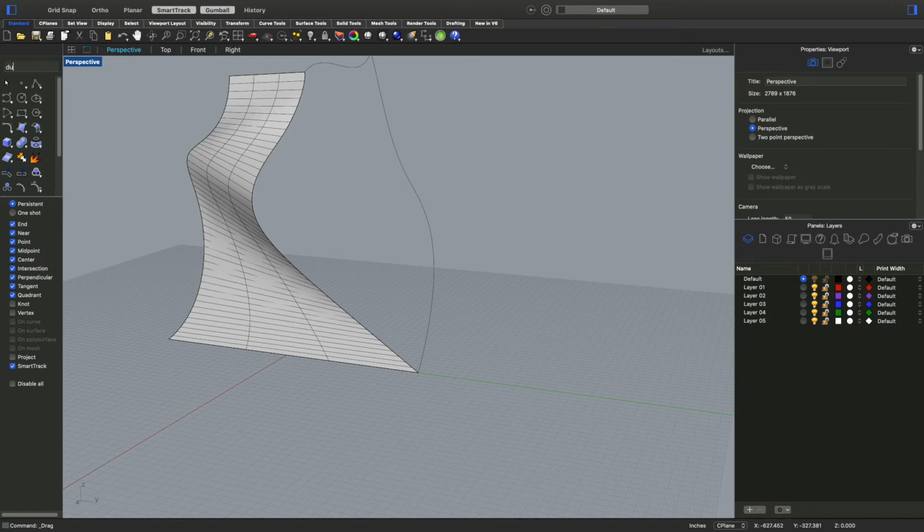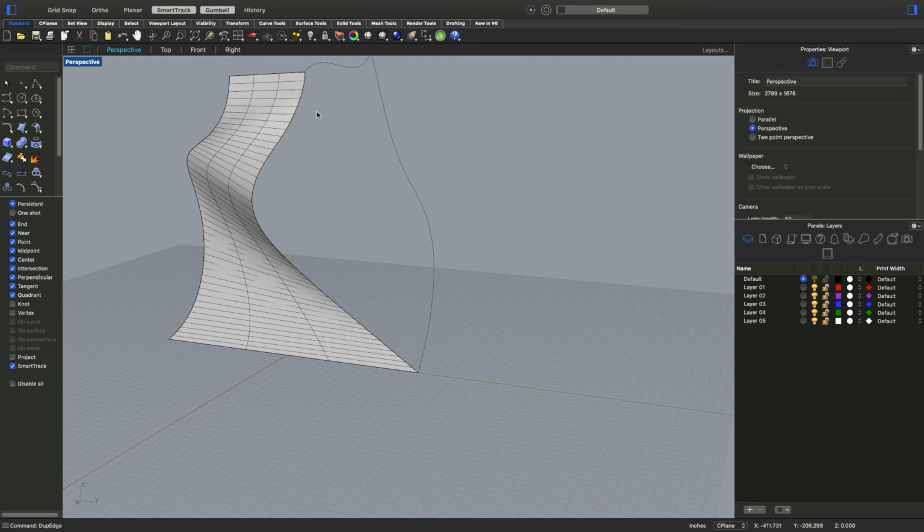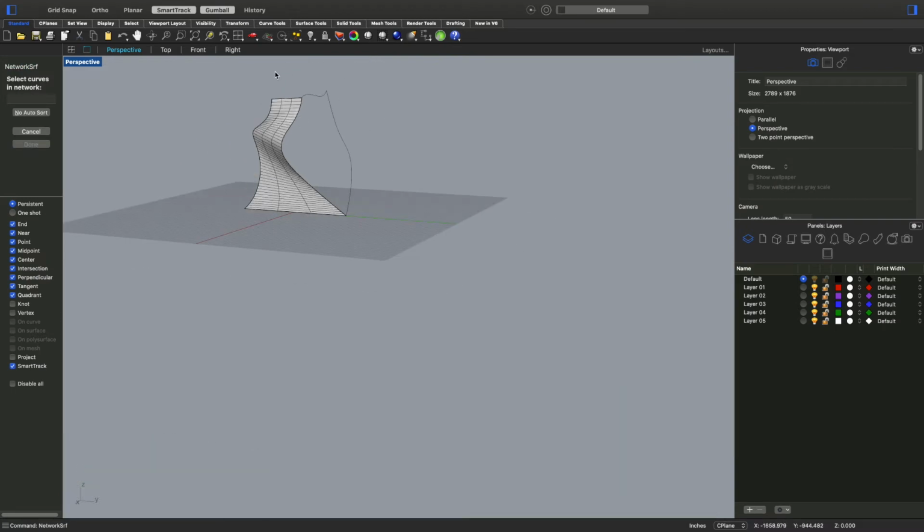Dupe edge. And what duplicate edge does is if I click on an edge, it duplicates it. So now I've got a line there on that edge. So now I can go network surface and go from left to right here. Remember, if I go from right to left, it will select that surface too. If I go from left to right, because I am missing this little edge back here, it only selects